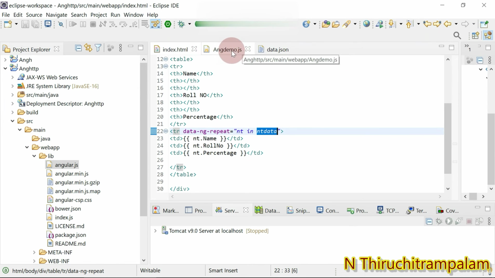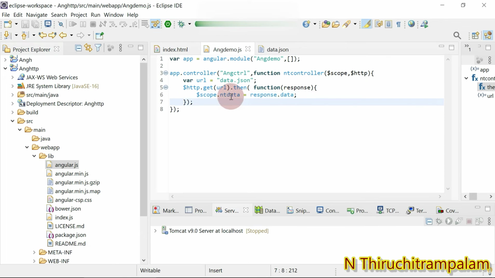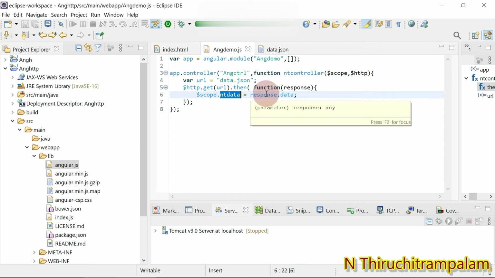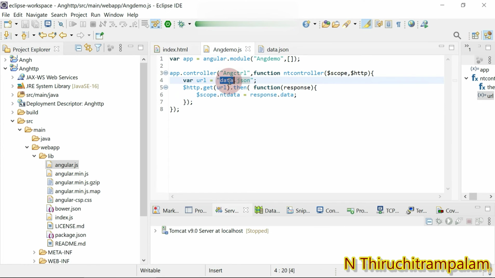That is, you can see here, go to the Angular model file named ang demo, you can see the nt data property. All right, this property holds whatever records we have read from the server, that is from the data.json file, that's been stored in this nt data property. All right, you can see,